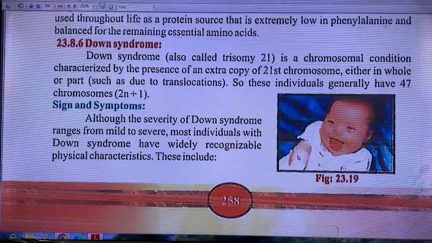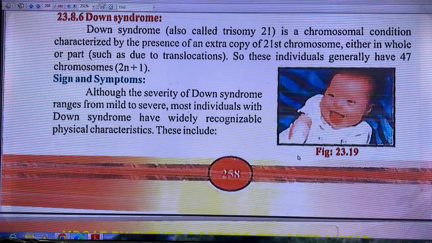Down syndrome, also called trisomy 21, is a chromosomal condition characterized by the presence of an extra copy of the 21st chromosome, either in whole or part, such as due to translocation. So these individuals generally have 47 chromosomes, 2n plus 1. Signs and symptoms: although the severity of Down syndrome ranges from mild to severe, most individuals with Down syndrome have widely recognizable physical characteristics. These include